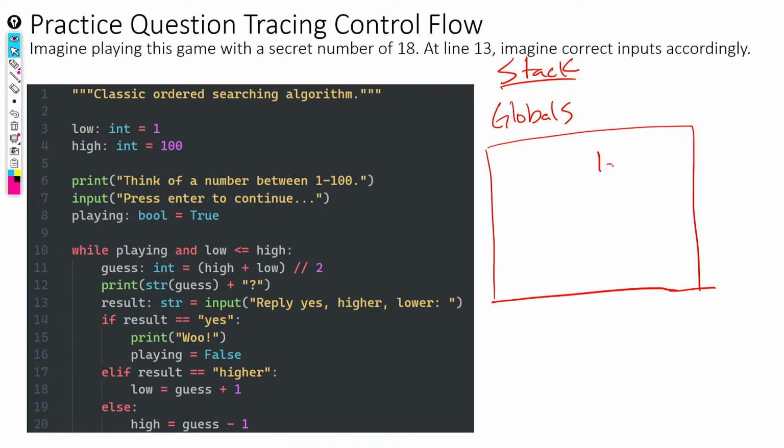So we start out with 2 variables, low and high. Low is 1, and high is 100. And the way that you think about these variables is that they're sort of the bounds that we're searching within, right? And ultimately, our strategy is going to be, as we learn a little bit more about where the thing that we're looking for isn't, we'll restrict our bounds to where it still could be by narrowing in closer and closer.